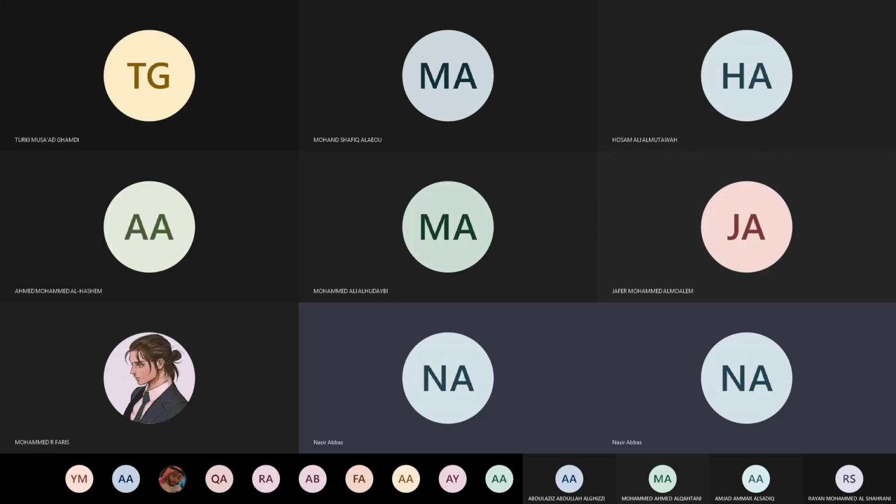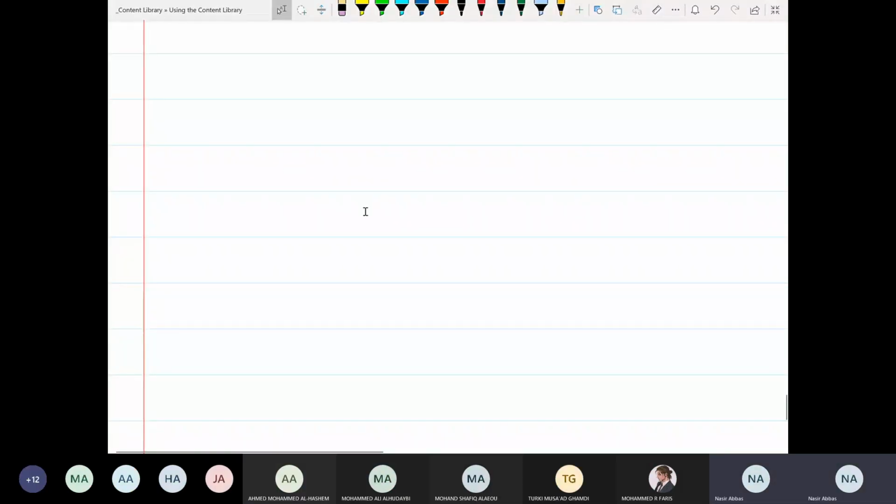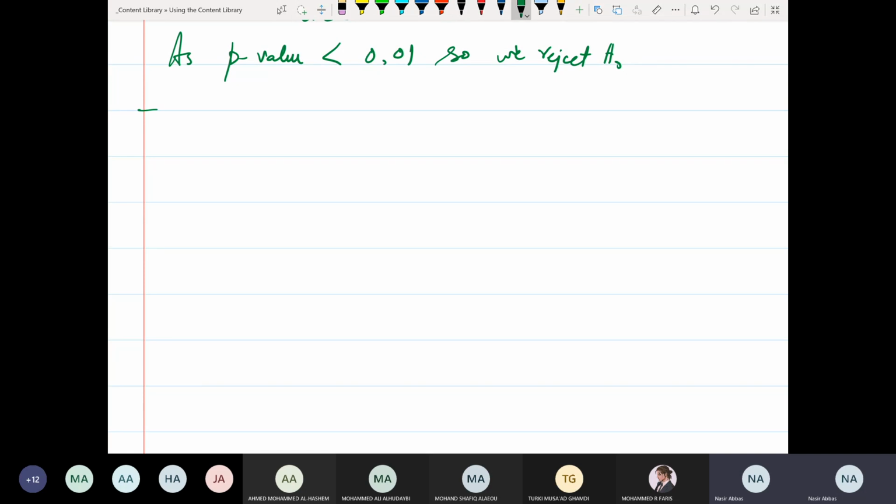Two population parameters we are usually interested in when talking about hypothesis testing. You may be interested in population mean, or you may be interested in population proportion. These are the two parameters we discussed: testing of population mean and testing of population proportion. So when we are testing population mean,